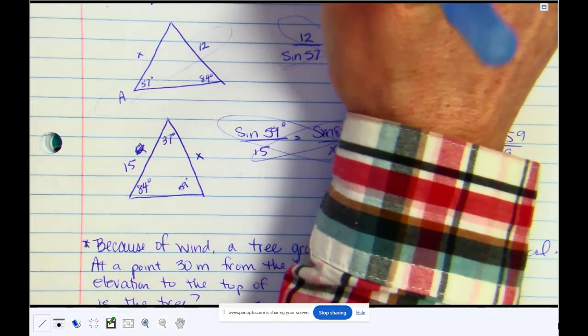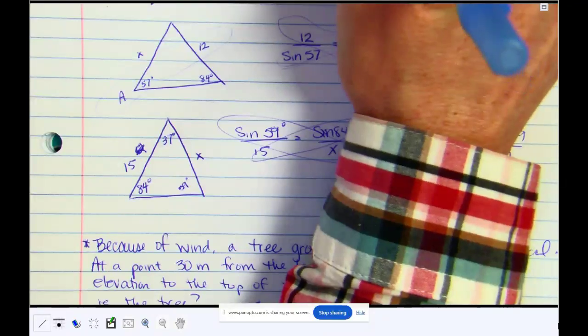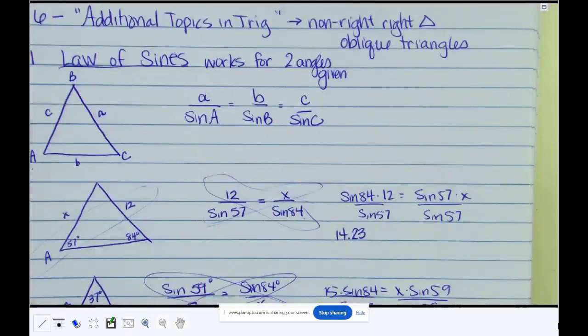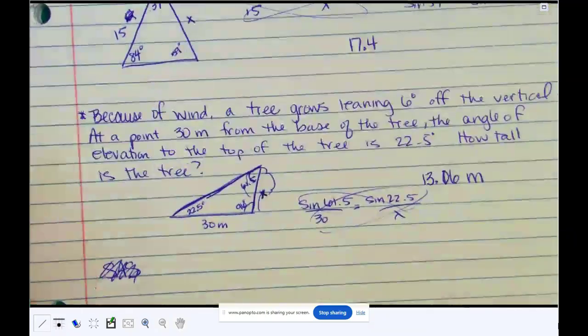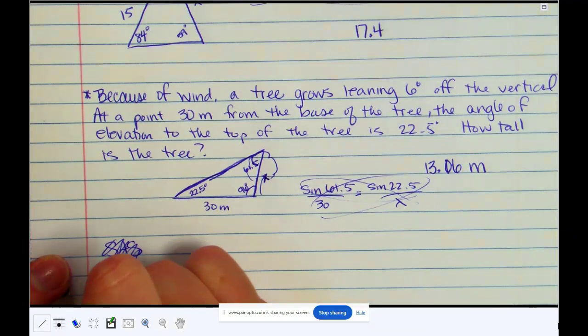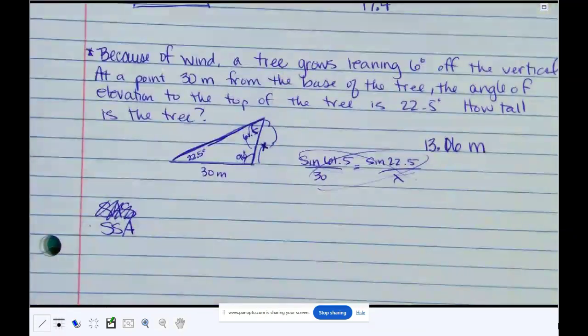Okay, so the law of sines works when two angles are given. Angle, side, angle, or angle, angle, side. Okay, now here's the weird thing. For side, side, angle, or angle, side, side, whichever way you prefer, it still will work, but this one has some weird stuff attached to it, which is the one that doesn't work for symmetry.